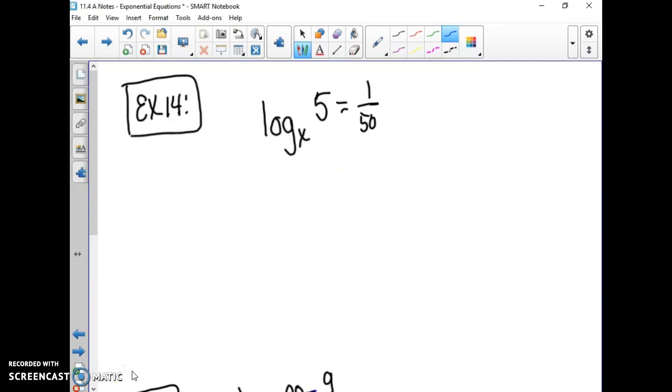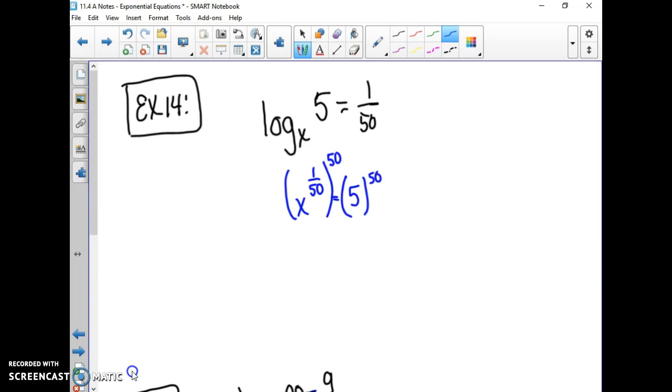Okay, this problem is a little bit different. We're going to have to rewrite this as an exponential, so we'll have x to the 1 over 50th power equals 5. Now, in this case, we need to solve for that x still. So we have to do something that will get rid of the 1 over 50th power, which we could take a 1 over 50th root, but that is difficult to do. So the other thing that we can do is we can raise this to the 50th power,